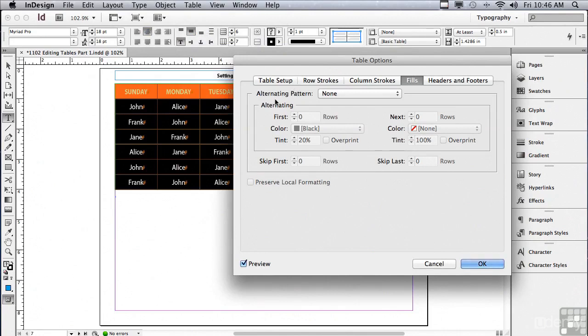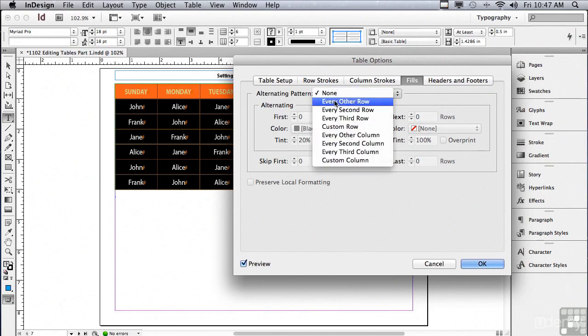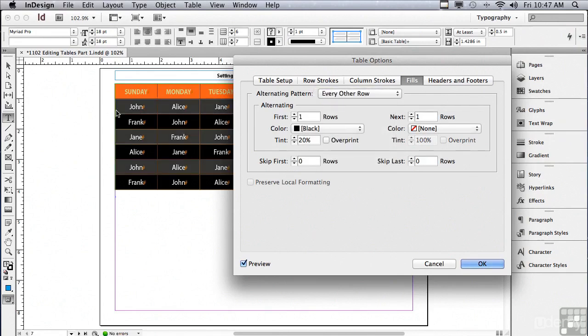I want to choose an alternating pattern. So my rows will change from color to color and back again from color to color. It's going to set up a pattern. How about every other row? And you can see already, even though it's highlighted, exactly what's happening. It's making every other row black at 20%, and then the next row has no color for the next one